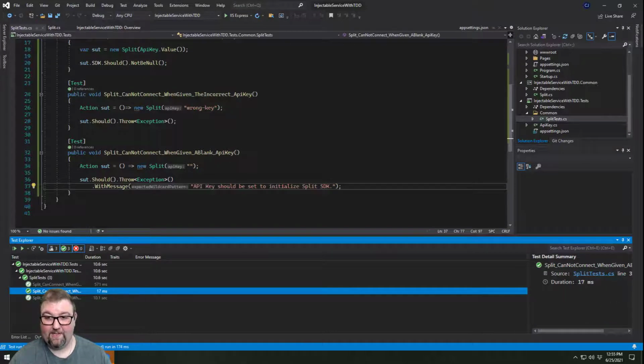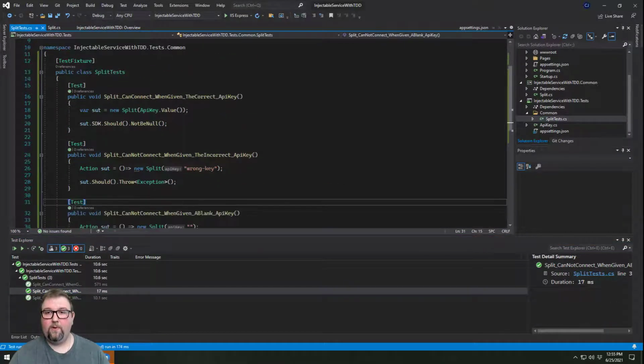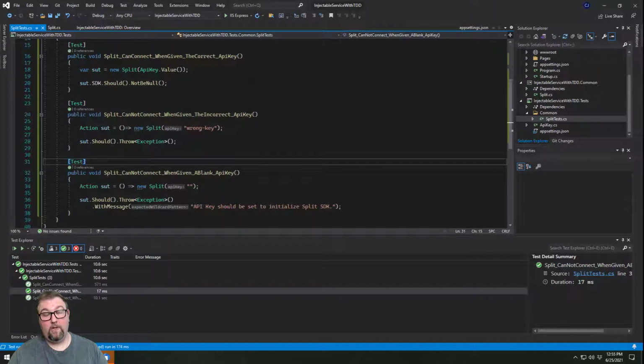This is a very cheeky way of making a test fail and pass. And it works. So now we know that we have our tests, or at least our golden path tests, surrounded for connection. So we know that it will connect when given a correct API key, won't connect with an incorrect key, and it won't connect with a blank key either. So now that we have that set up,